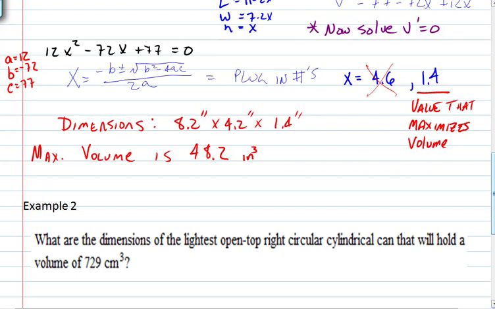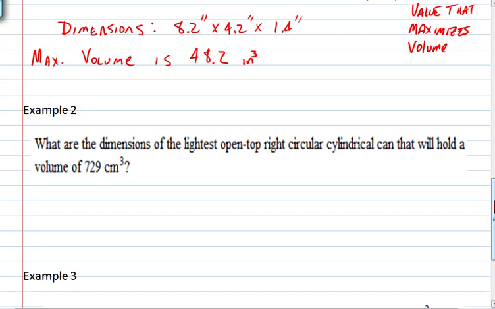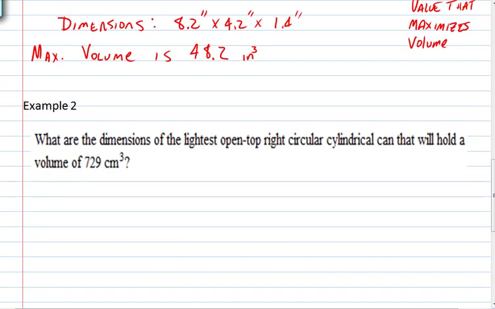Example 2. Moving right along. What are the dimensions of the lightest open-top right circular cylindrical can that will hold a volume of 729 cubic centimeters? What are the dimensions of the, okay, first of all,